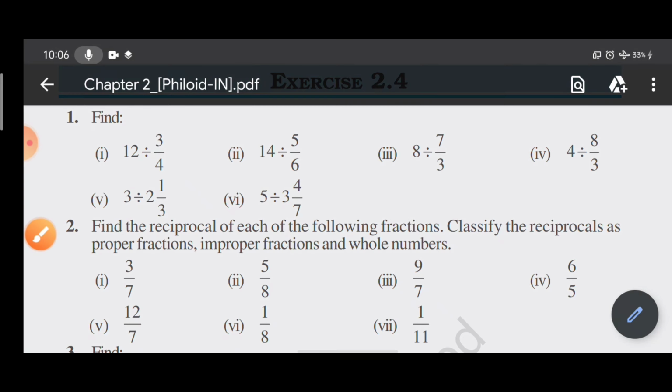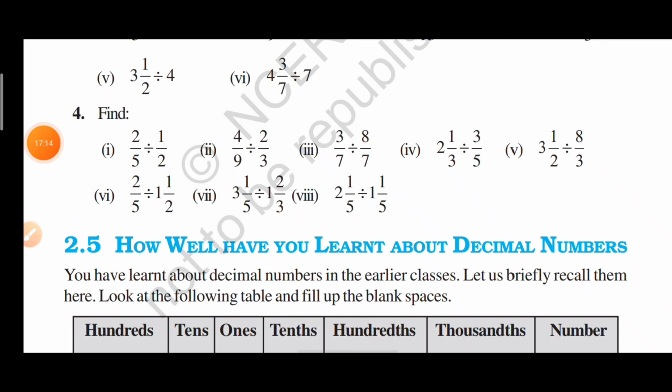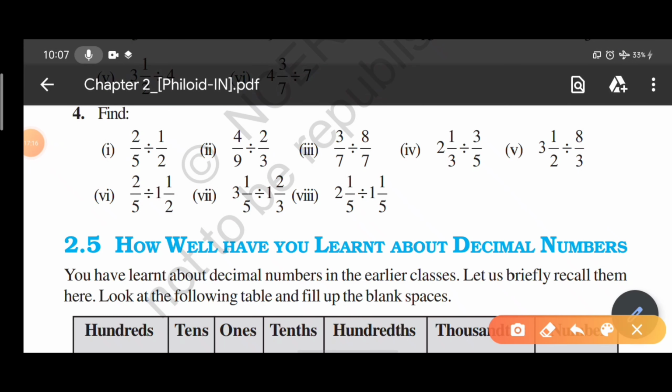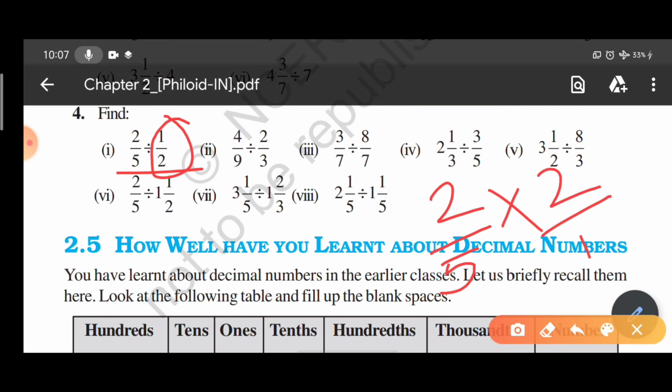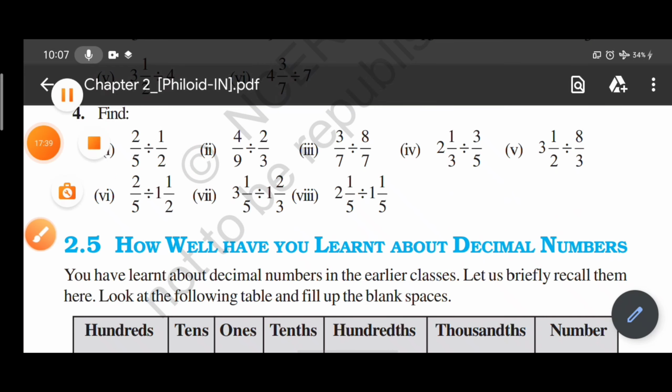Okay, so now let us move ahead. This time there are 2 fractions provided, so it does not matter. You have to keep the first value as it is, change the division sign to multiplication, and then take the reciprocal of the second fraction, that is 2 by 1. So now 2 2s are 4 and 5 1s are 5. This is my required answer. In that way you can easily solve these types of questions.